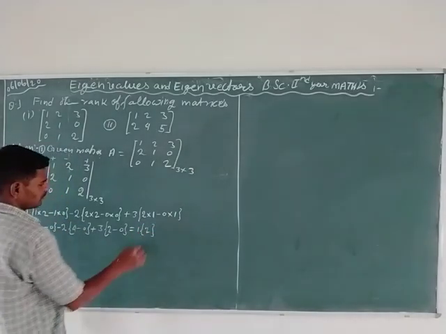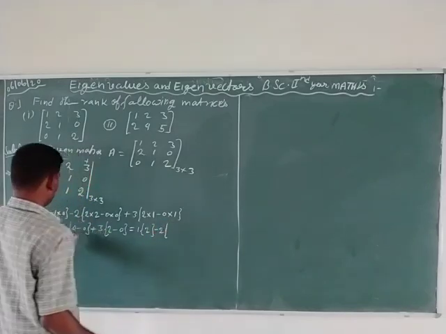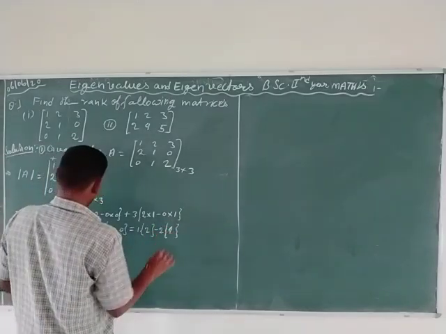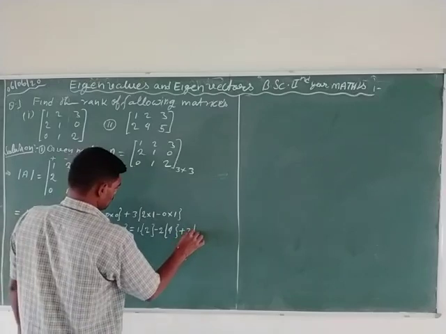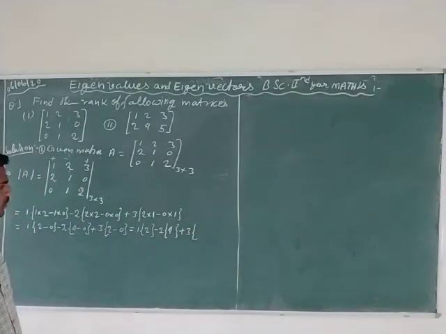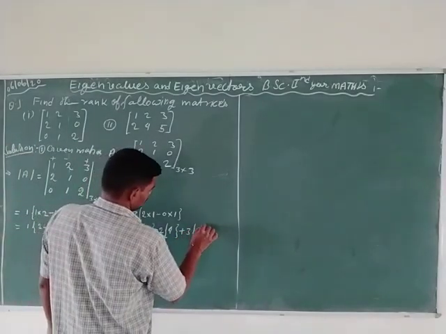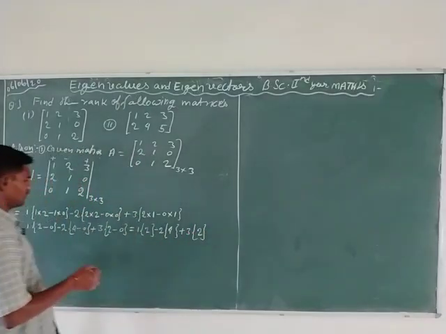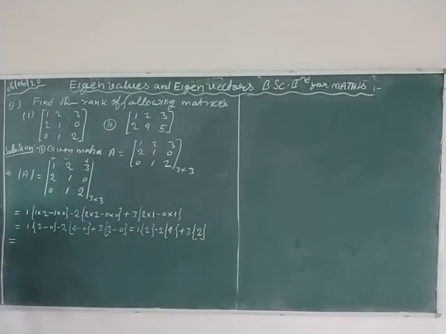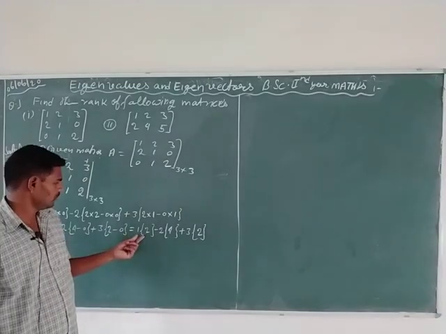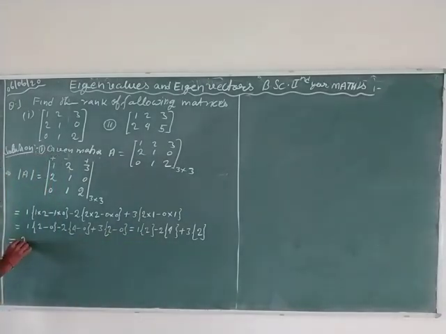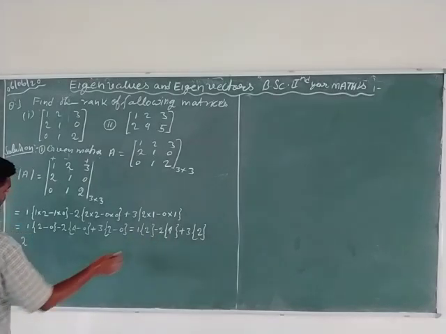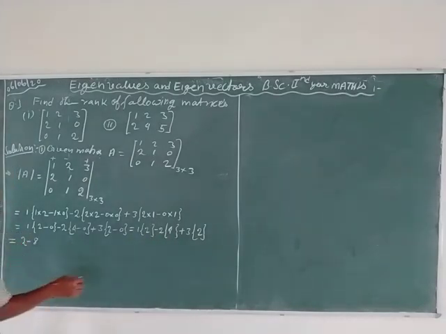So it is equal to 2 minus 2 in bracket 4 minus 0 plus 3 in bracket 2 minus 0. 1 into 2 is equal to 2, and 2 into 4 is equal to minus 8. At last plus 6. So it is equal to plus 8 minus 8 is equal to 0.